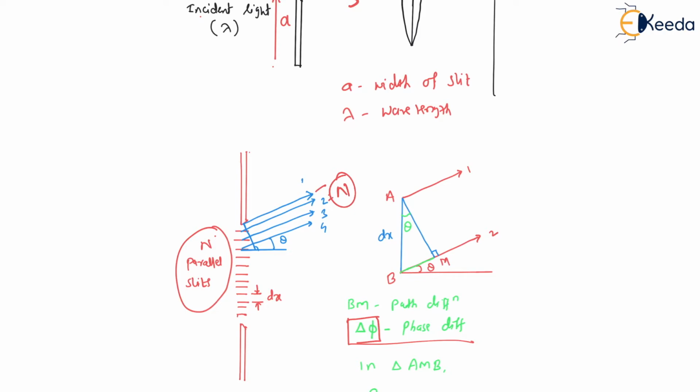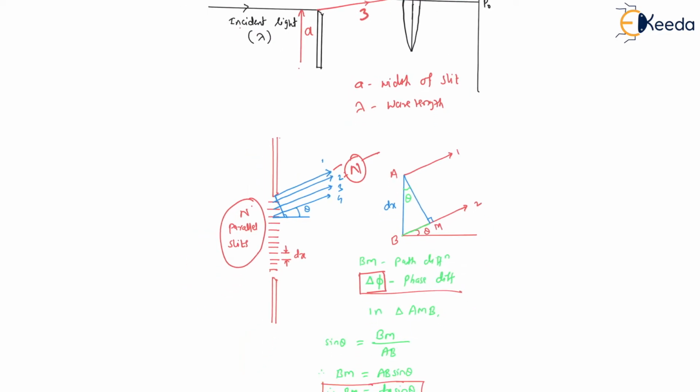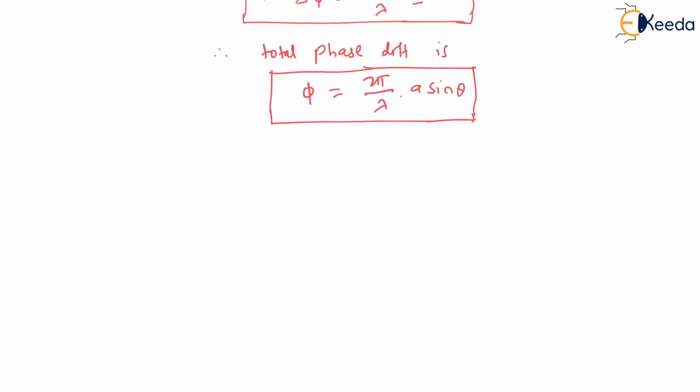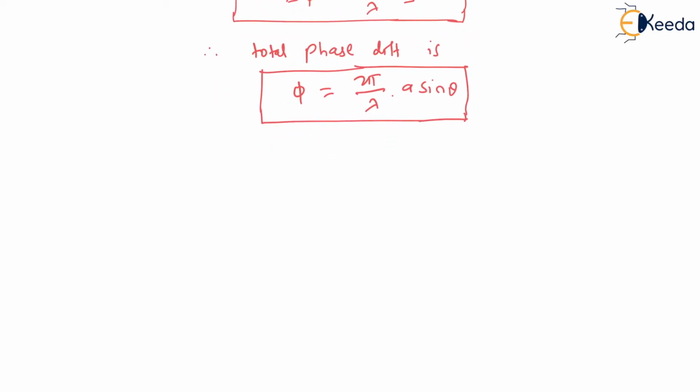So to find out the resultant amplitude, we have to consider all these n number of light rays which are originating from these n parallel slits. So here I will draw the resultant phasor. Again, see, phasor is a term we basically use wherever we have to consider magnitude as well as phase difference. Always remember, we use a quantity called a phasor where we need to consider the magnitude of that particular quantity as well as the phase difference.